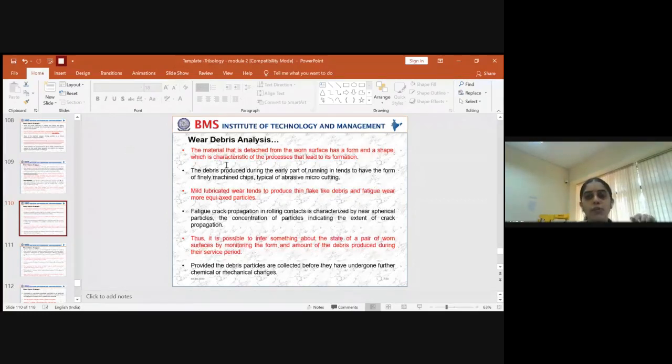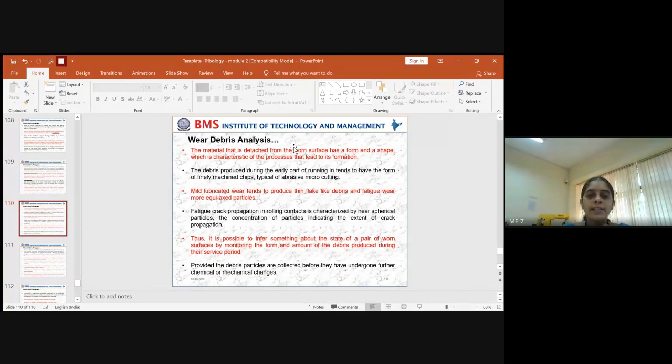First, once you have mechanical components attached to each other, they can slide or roll and it results in wear. Then later we need to analyze its microstructure. I told you that with respect to different types of wear, the worn surface of any particular mechanical component will look different. So when you subject those surfaces to SEM, scanning electron microscope, the morphology of it can be analyzed.